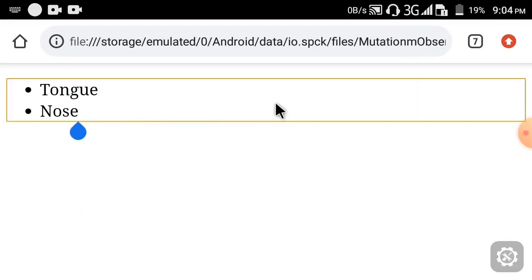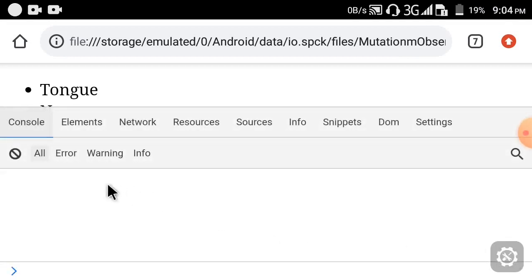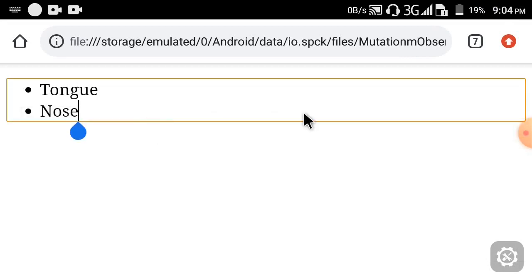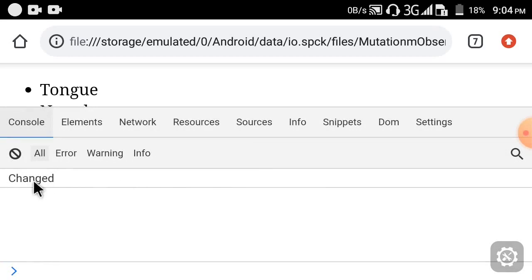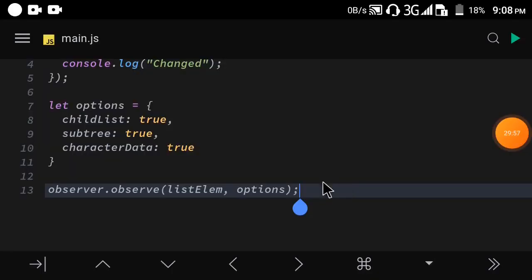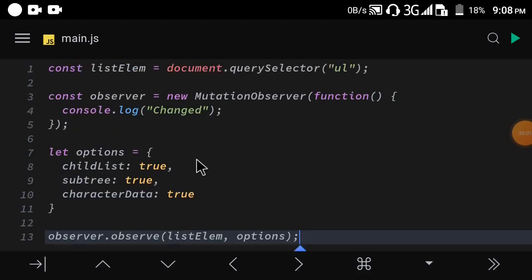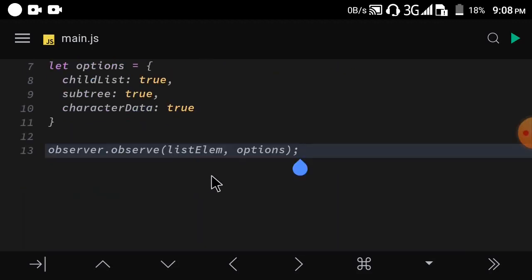Now currently we have nodes like this, and here in the console we have nothing. When I enter any character here with nodes, let me just put d like this, we are going to have changed here in the console. So by using this character data key, we have been able to detect changes in the character data